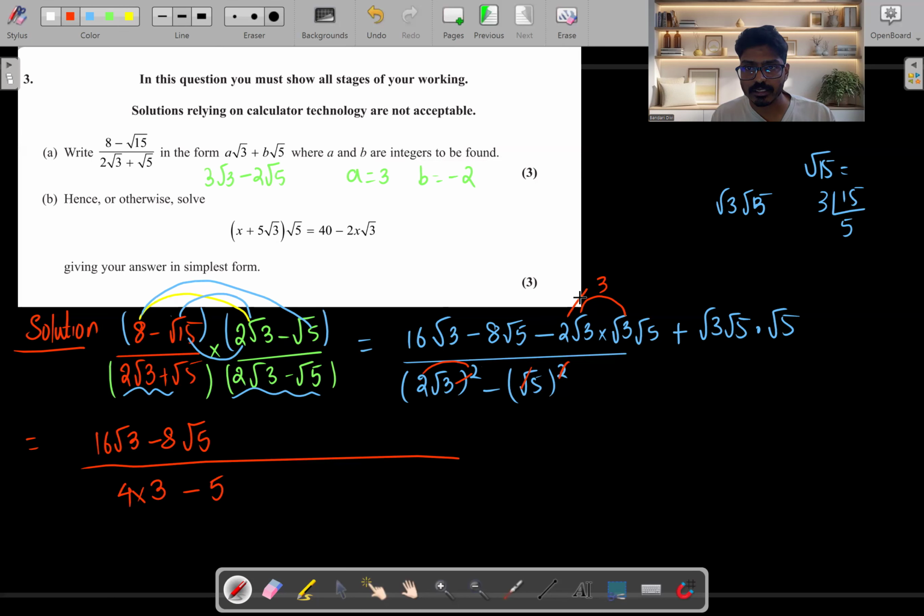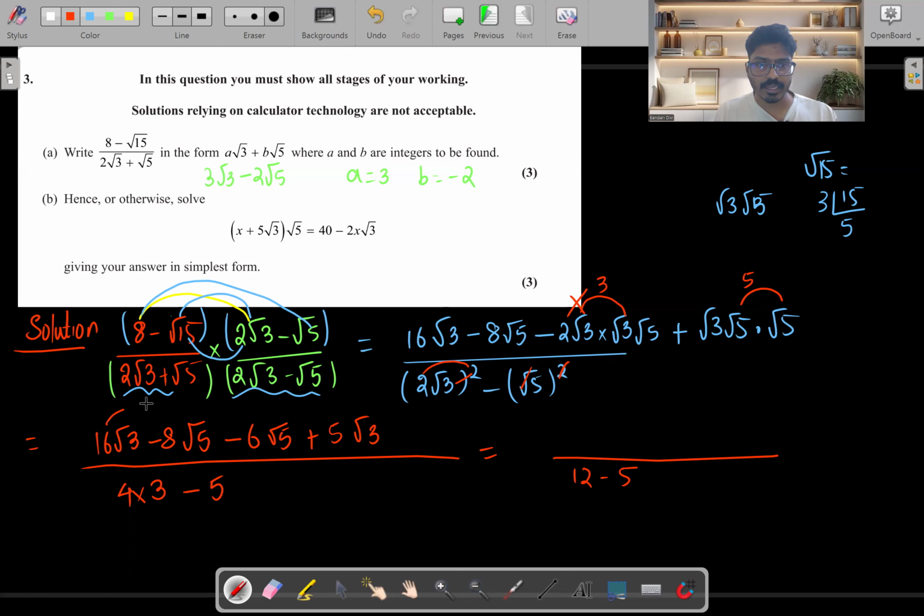So then I can write 2 times 3 is going to be 6 root 5, and here root 5 times root 5 is going to be 5, and then I can write plus 5 root 3. I hope it is very clear and easy, right? So now this is going to be 4 times 3 is 12, so 12 minus 5, and I can